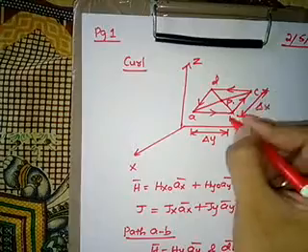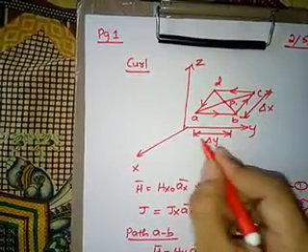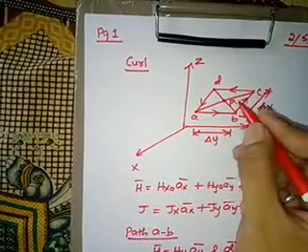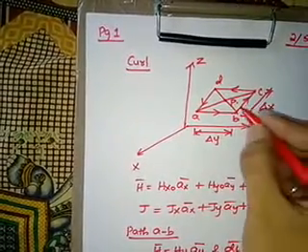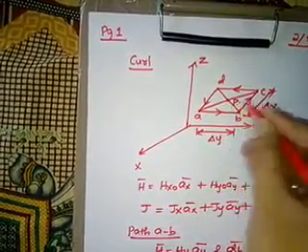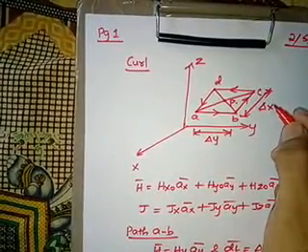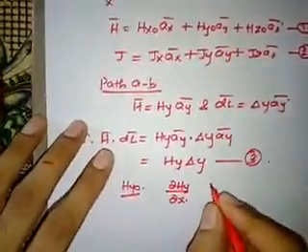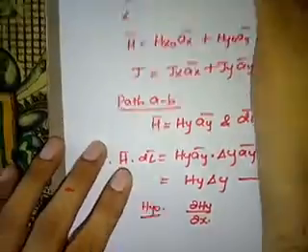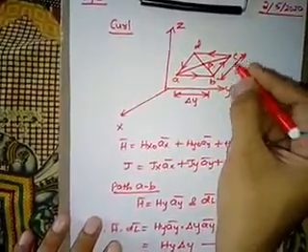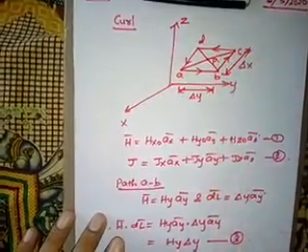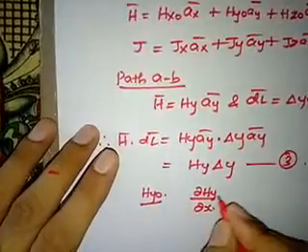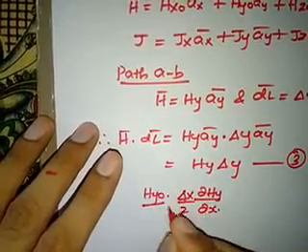So this length, here these diagonals are parallel to the x and y axis. One diagonal is parallel to the y axis, another diagonal is parallel to the x axis. So this length here will be delta x by 2. That is ∂Hy/∂x, this is per unit length. If we consider this length, it will be half of delta x, so it will be delta x by 2. So this is ∂Hy/∂x into delta x by 2.